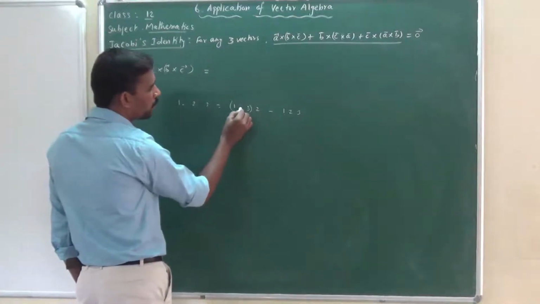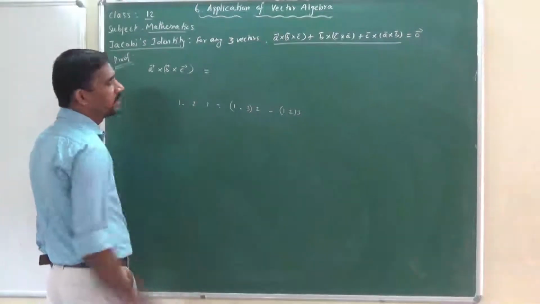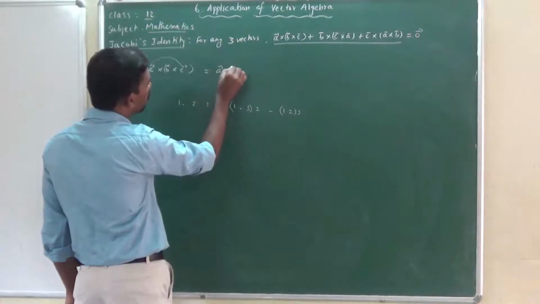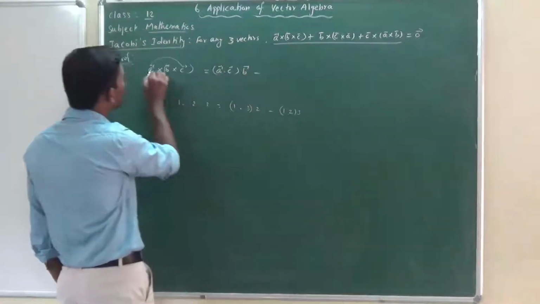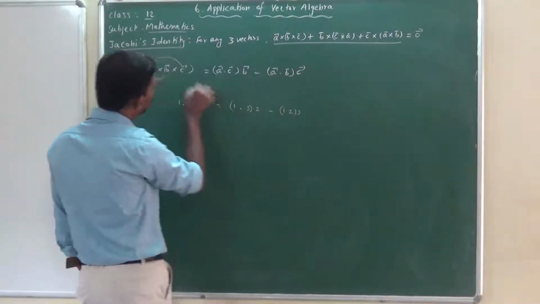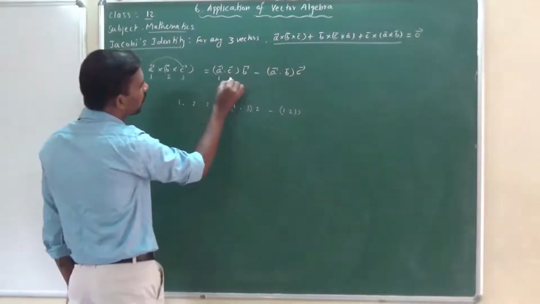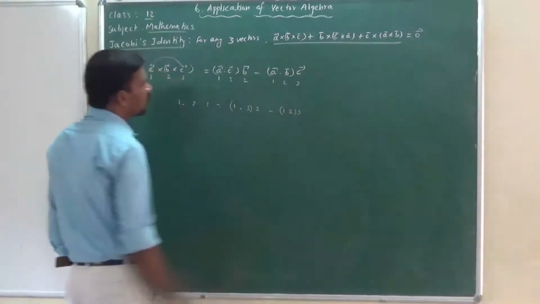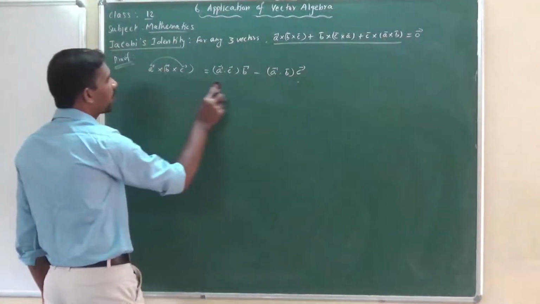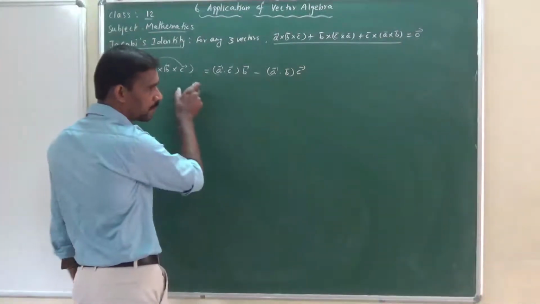The first two numbers we put dot and bracket. It will be easy to understand, right? So first to last: a vector dot c vector into b vector, minus first to second: a vector dot b vector into c vector. This is nothing but applying 1 to 3 here. 1 to 3 is equal to 1, 3, 2 minus 1, 2, 3. So it is easy to find. This is a vector cross b vector cross c vector, and it is a vector triple product.